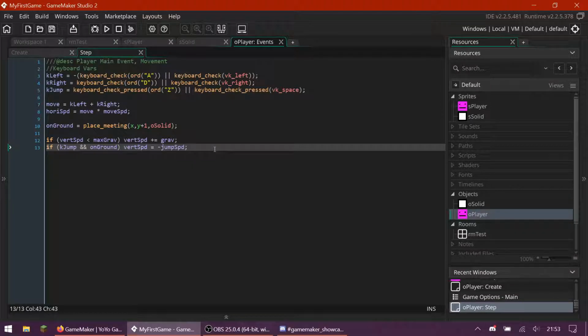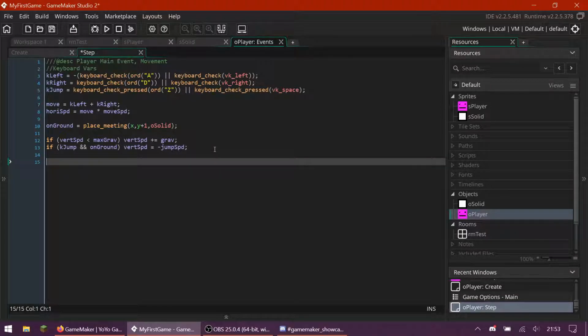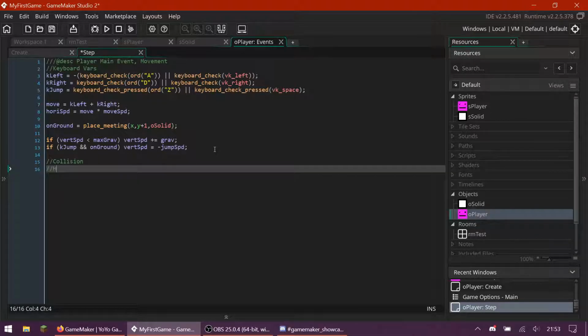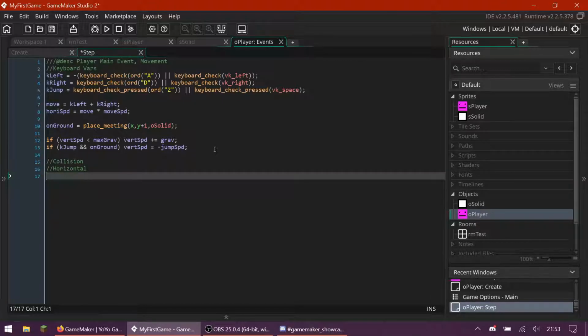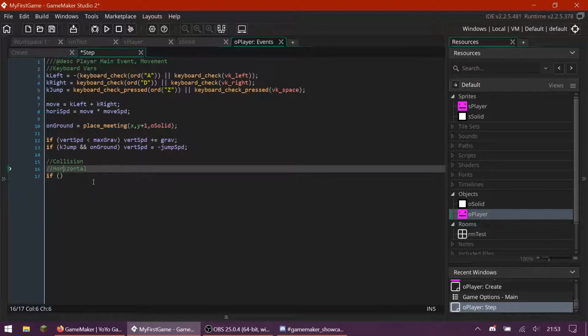This exciting stuff, collision. It's super simple. We don't need to worry about anything. We'll say collision for our comments. We'll say horizontal. This will be our horizontal collision. Now this is really simple. We're going to use the place_meeting function here to check if we're touching this thing again. So we're going to say if